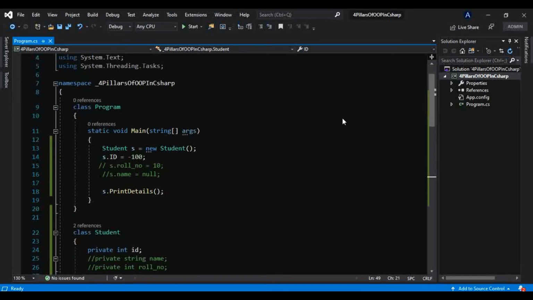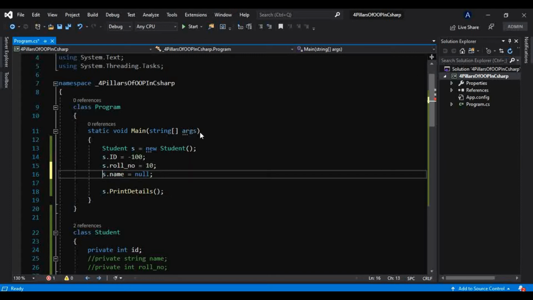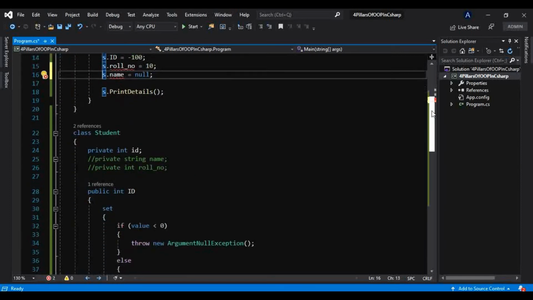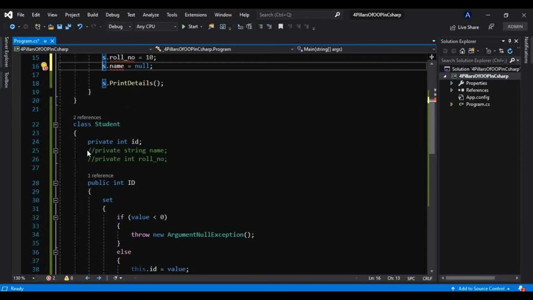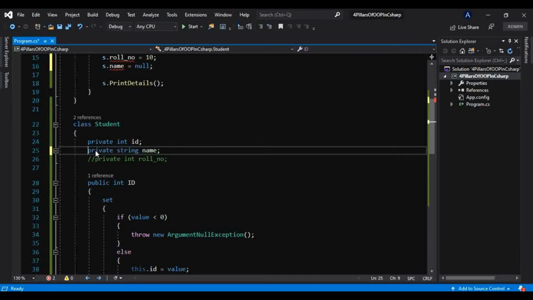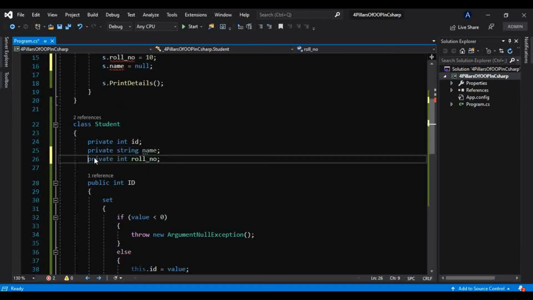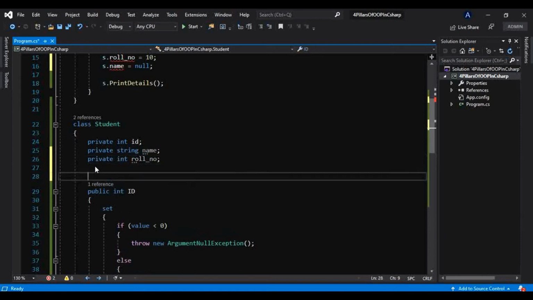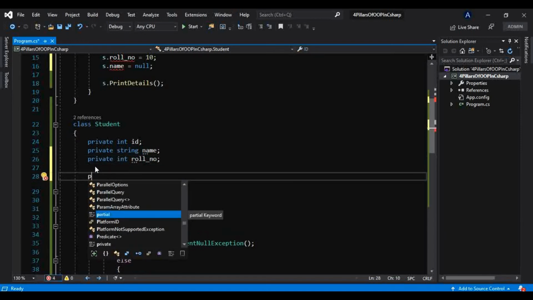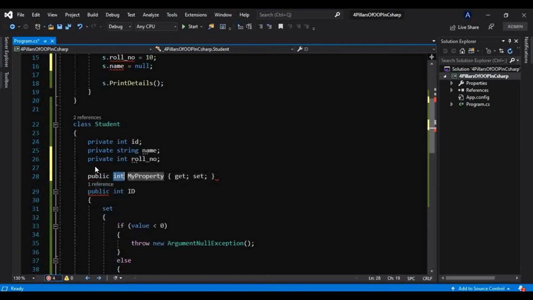Now again, for the remaining fields I will do the same thing, but for this I have commented that before, because I wanted to show you something, and I have already explained in the previous video that we can have an auto-implemented property as well, like this.